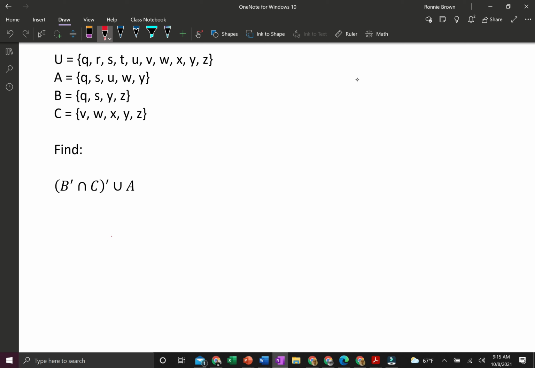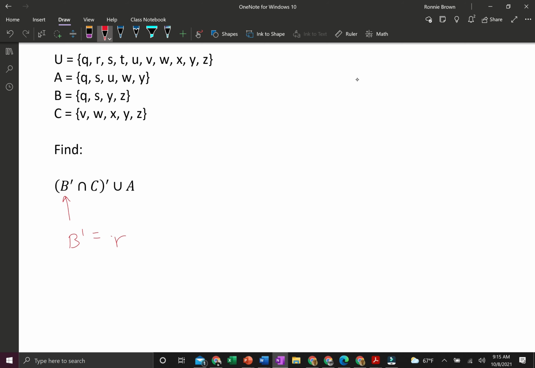So the first step for us is going to be to go ahead and just find the complement of B, because you see here we have B prime. So the complement of B will be B prime. So B is Q, S, Y, and Z. So B prime is everything else in the universal set. So B prime has to be